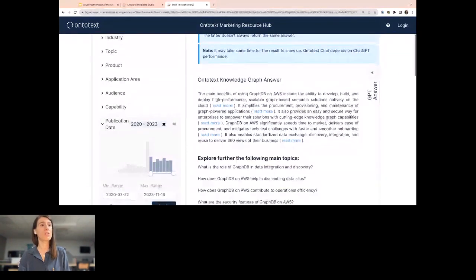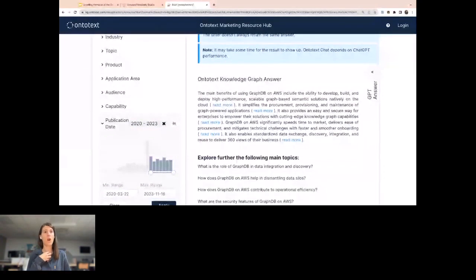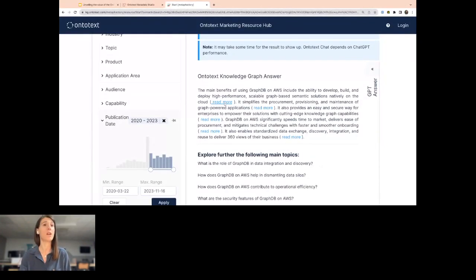And what is interesting here is that we are actually able to limit the hallucinations that the large language models usually produce, which is one of the main problems with using large language models in production systems, by actually grounding the large language model with the reliable context that we send. So here we see these links, which actually point us to the content based on which this information is